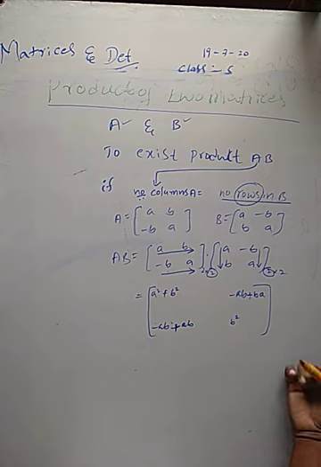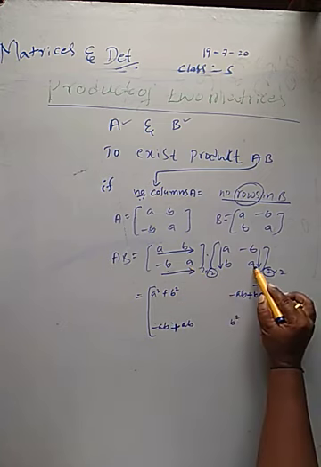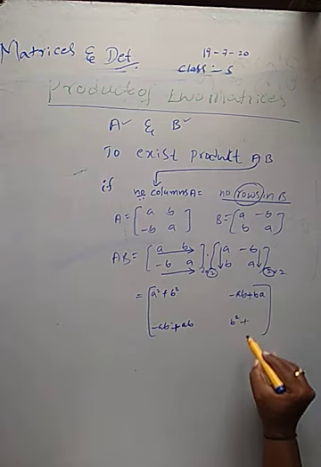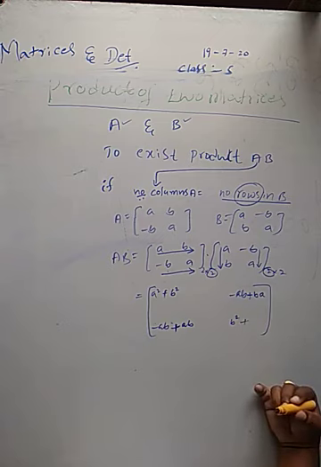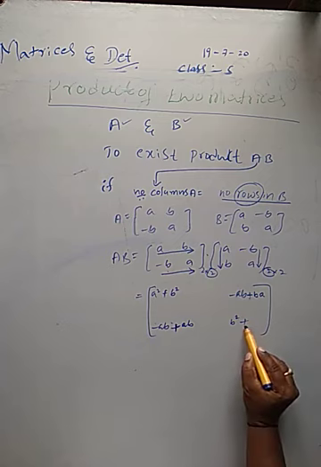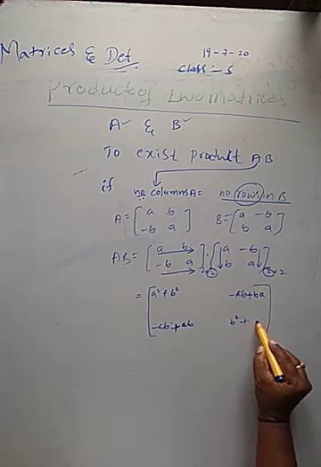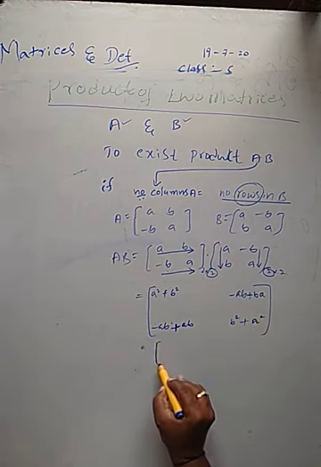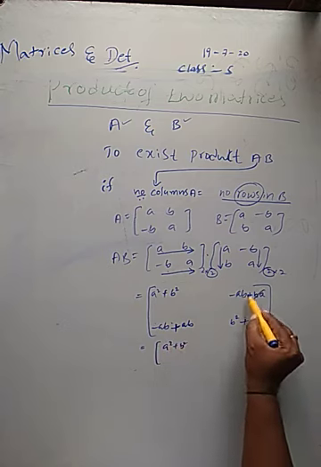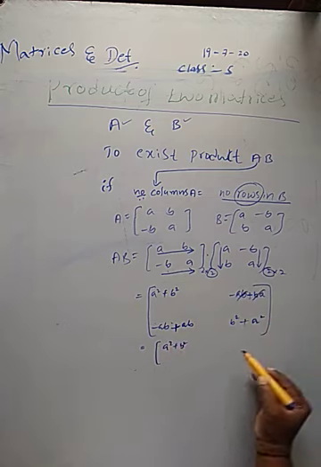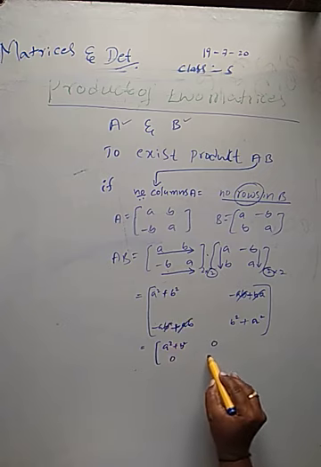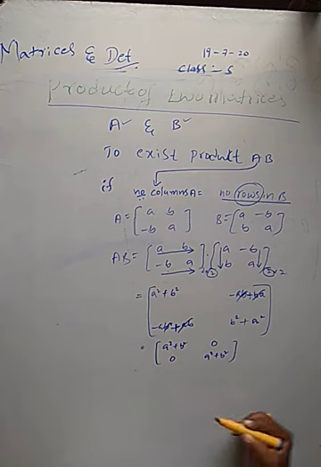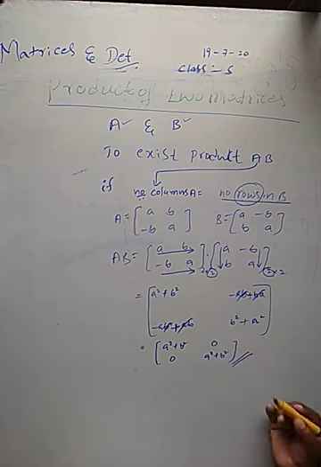Is it completed? No. Another element a is there with respect to a in this column. What is the symbol we commonly use after multiplication of a single element in a particular row and particular column? Plus. a square. Now a square plus b square. Can we cancel? Yes, BA and AB are both the same. 0. Here also 0. A square plus b square. Your answer AB is completed.